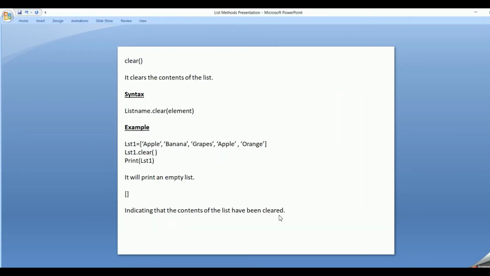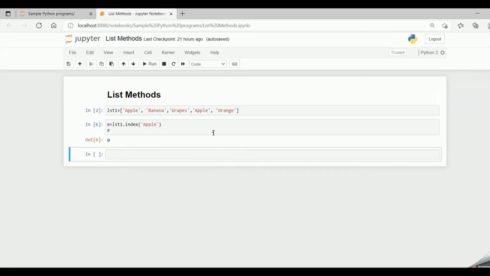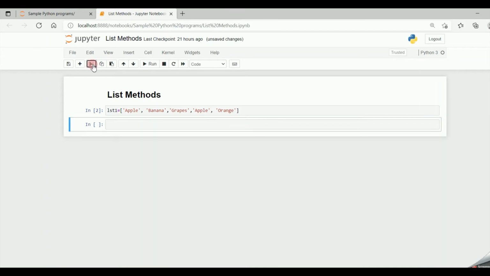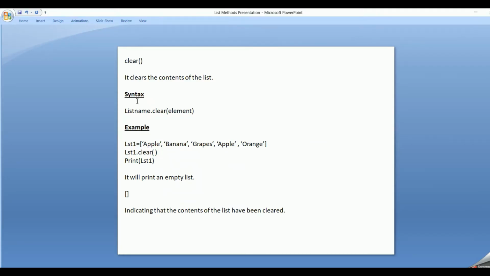And now let's move on to the third command, that is the clear command. If I say lst1 dot clear, what does the clear command do? It clears the contents of the list.